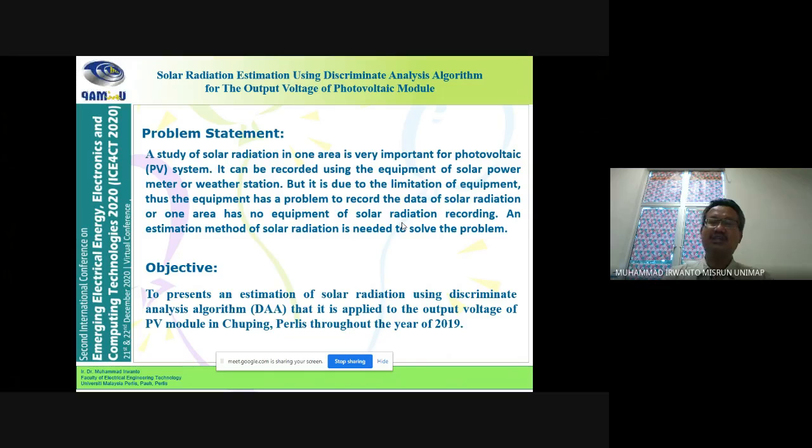The objective of the paper is to present an estimation of solar radiation using the discriminate analysis algorithm, DAA, where the result is applied to the output voltage of the PV module. It is based on the data of the maximum and minimum temperature in Chuping, Perlis through the year of